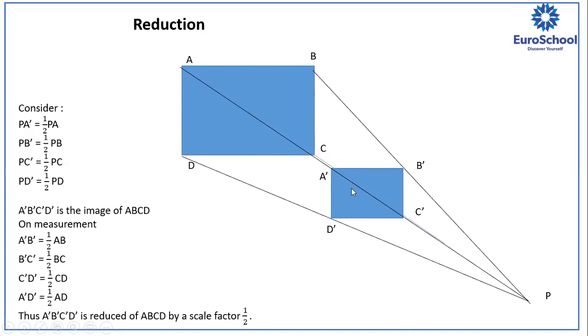If you check by measurement, the sides are also reduced by half. The same scale factor that we used at point P while observing both rectangles. Understood? Yes, ma'am. So the multiple or constant that we use to reduce this distance is the same factor that we get when we measure both figures. The ratio remains the same. That is known as a scale factor.